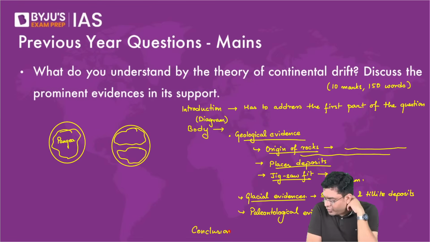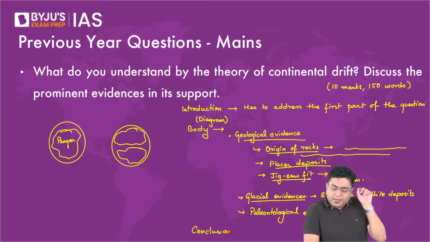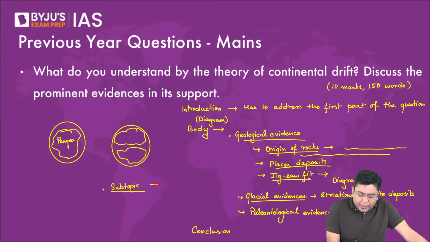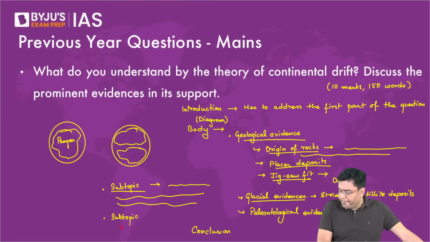Can we say that this theory challenged the permanency of continents in the introduction? Yes, you can obviously write that, Prem. Answer, write in point or paragraph, anything. Generally, I would say make a kind of bullet point or sub point, write the topic heading, subtopic, underline it, write a couple of sentences after that, or 2 to 3 sentences, then again another subtopic, and that is how you should proceed. Okay.